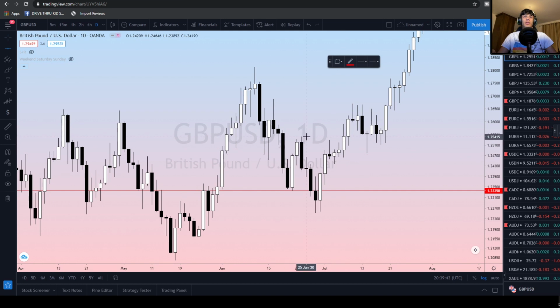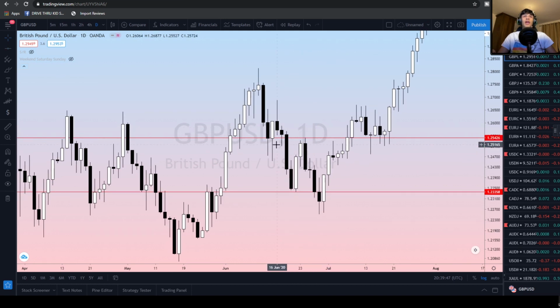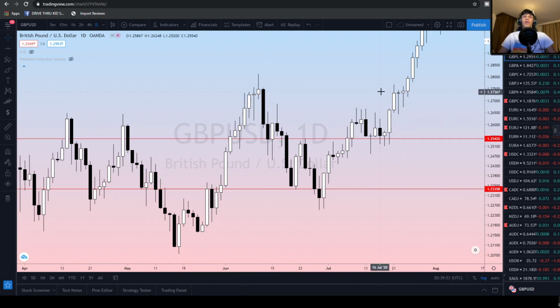Okay, so let's take a look right here. Where did the market react from this area? So let's just draw a line from this wick, and let's see where it reacted from. It reacted from the open of this continuation candle. So see how you could have easily played ping pong right here on GU. Okay, so